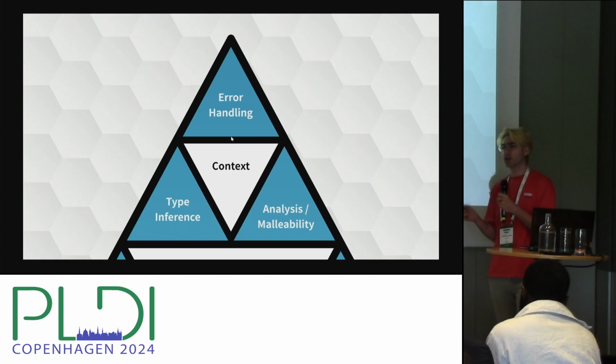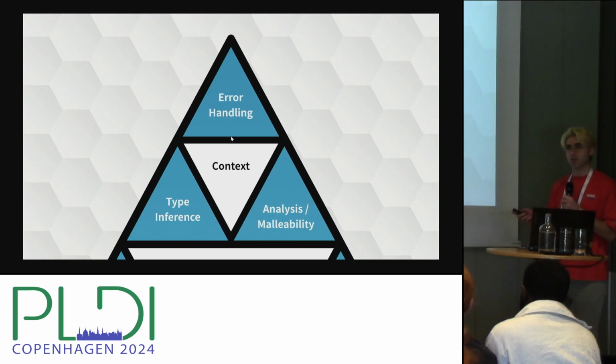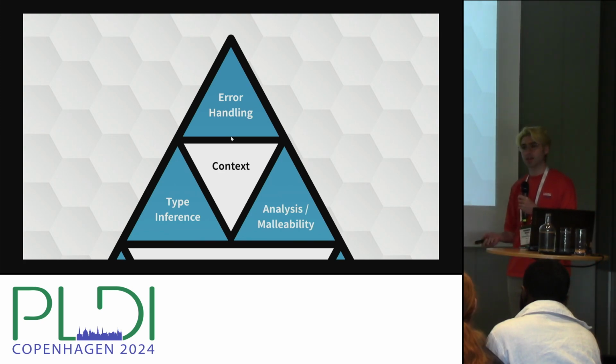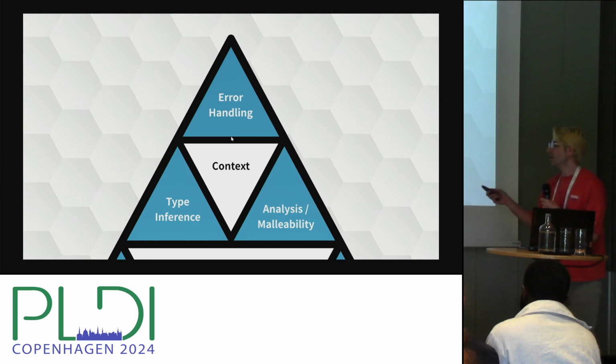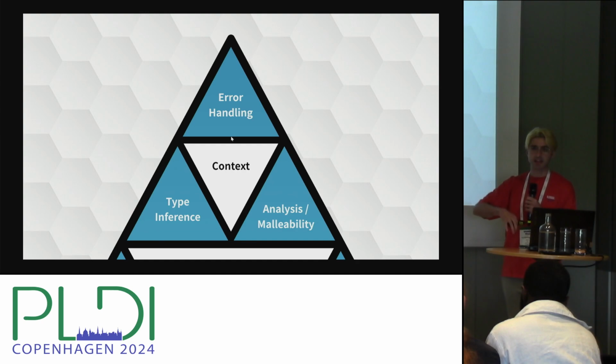And there are some sharp edges that recursive descent parsing or LL parsers present that we would really like to overcome for more difficult problems. One in particular is that you have limited context in recursive descent. So error handling is known to be quite challenging. Yacc, for example, produces terrible error messages. Type inference tends to be split out into its own phase, and you have to introduce this cut point, and you have to limit yourself to the kind of computations you're doing in parsing.